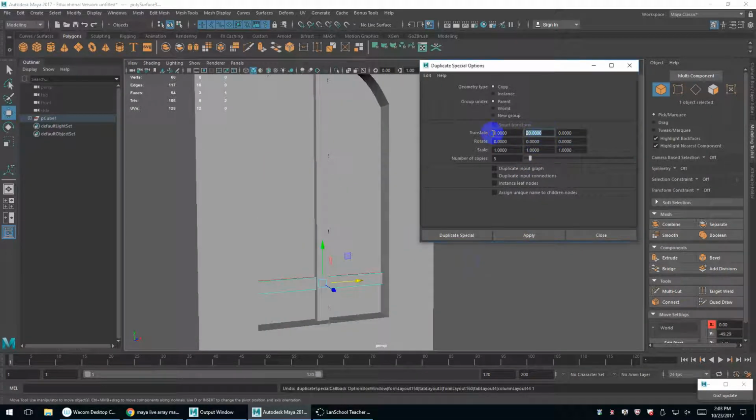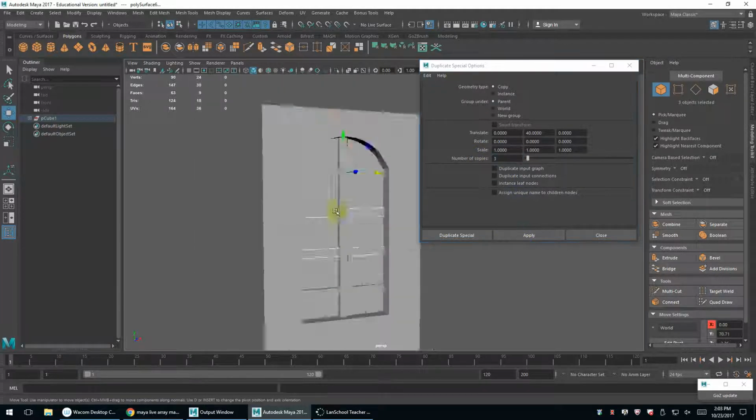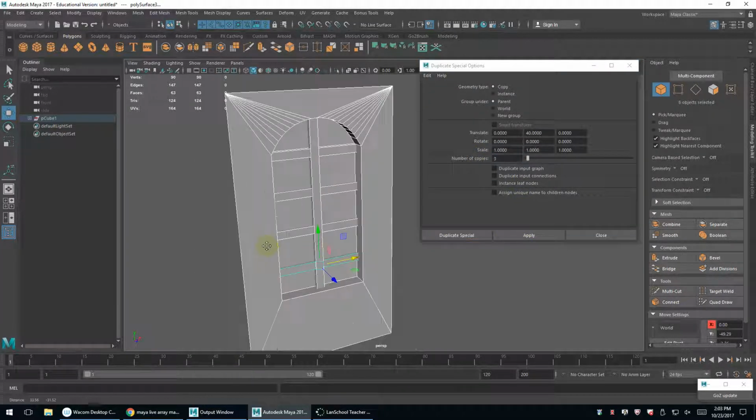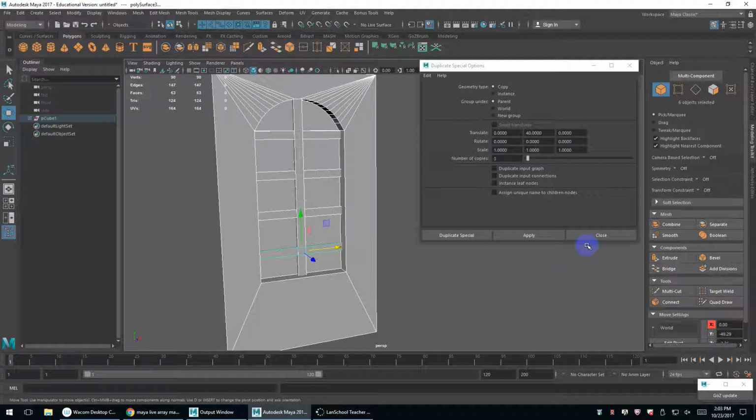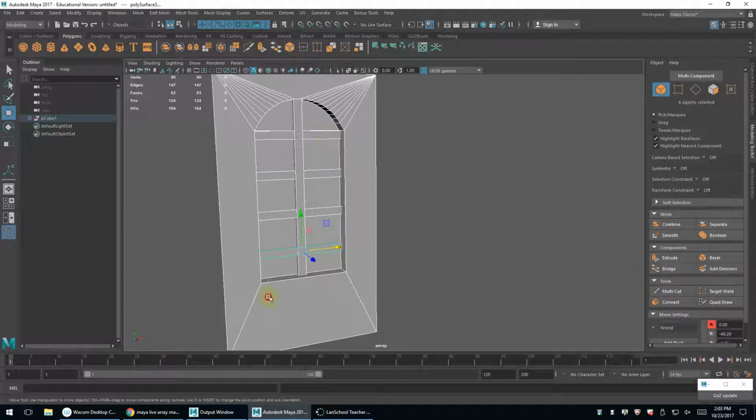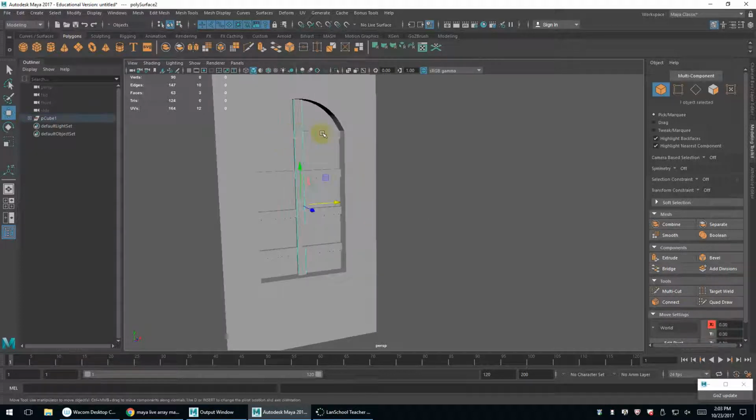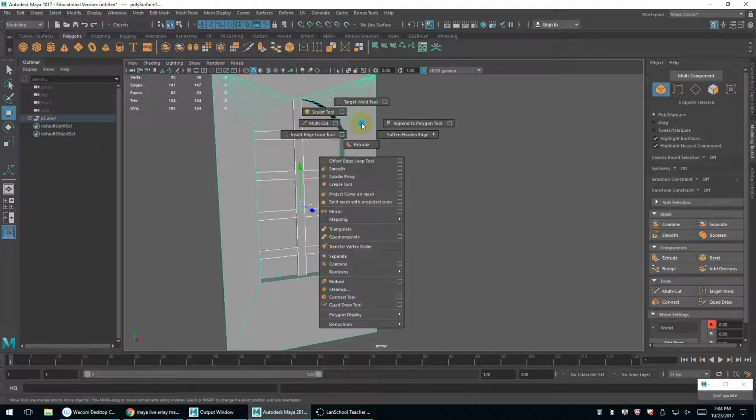Don't like that, so I'm going to go every 40 and do maybe 3 copies instead, right? So that's it. That's a very, very quick and easy window, right? So what I'll do is I'll grab all these individual pieces, and then I'll combine them with this window. So I'll grab the framing last, shift right click, go to combine,